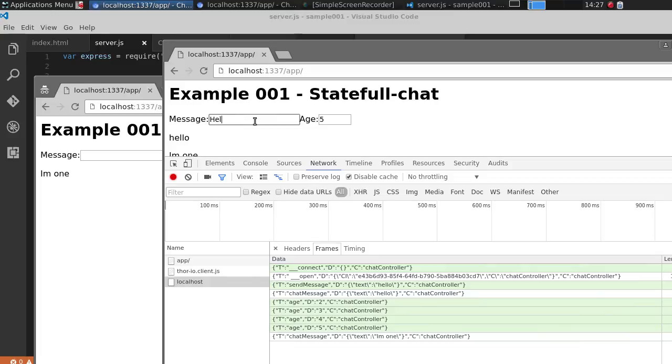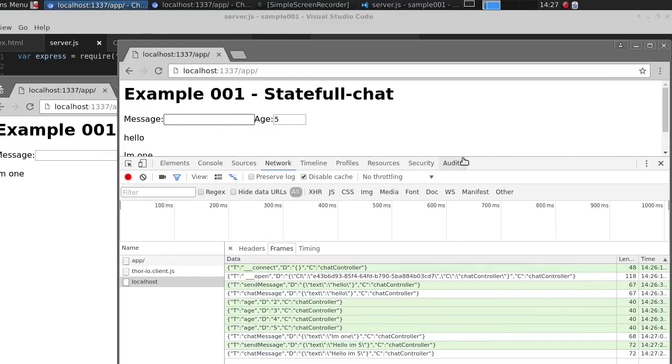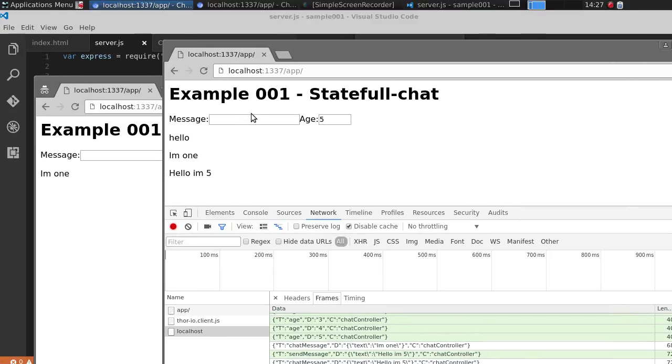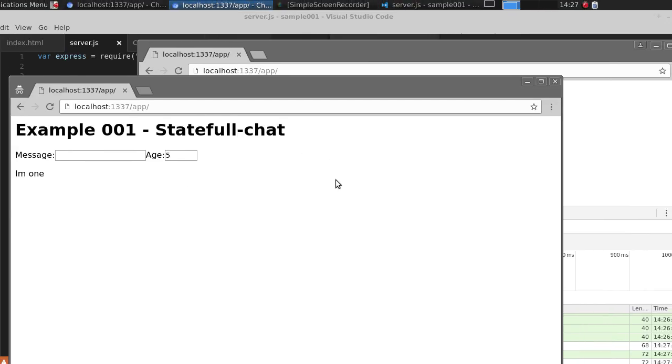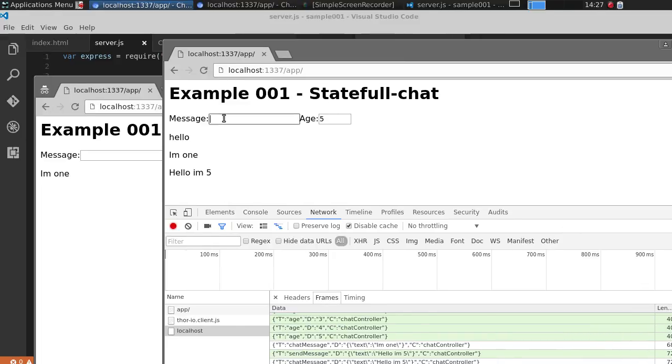I'll say hello, I'm 5. It only appears on this client as the age of this one is still 1. So just set it to 5 and call hello, I am still 5. It appears. So by using the setProperty method and properties on the controller, you can modify the state and filter state kind of fast and kind of easy,